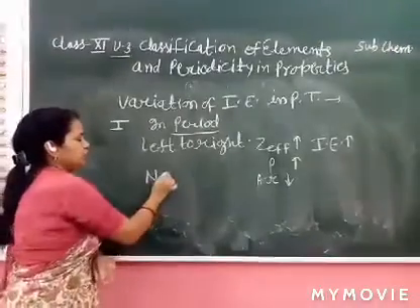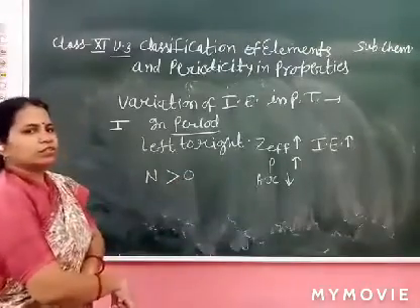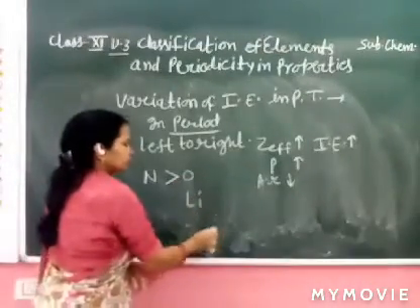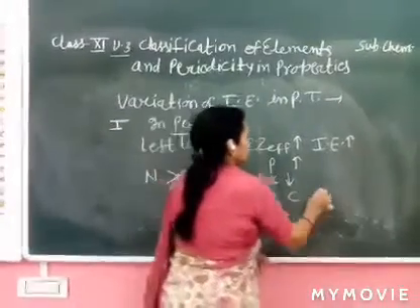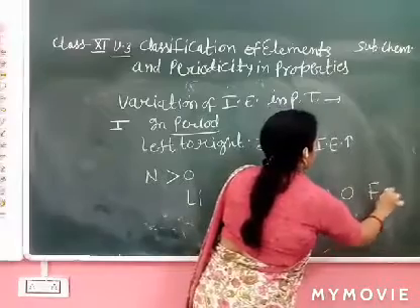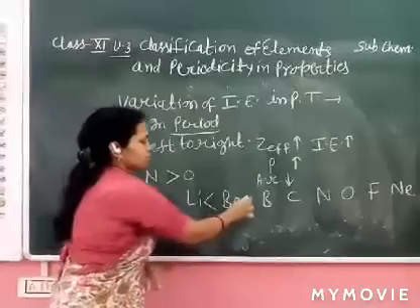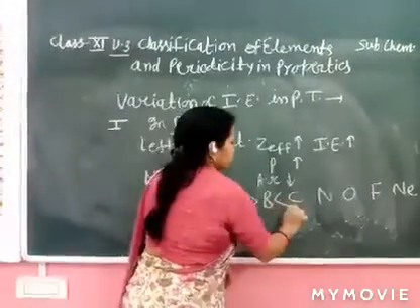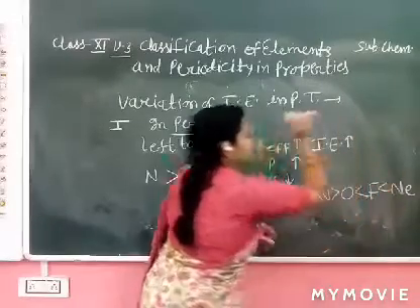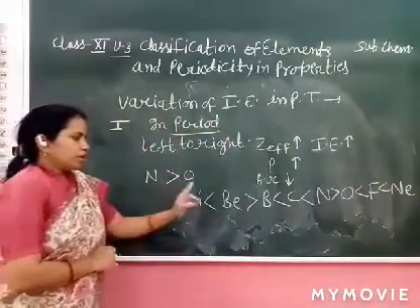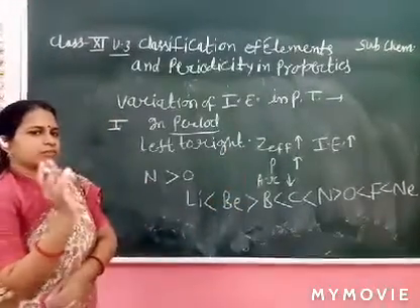Z effective increases, but the ionization enthalpy of nitrogen is greater than oxygen. What is the trend? Lithium, beryllium, boron, carbon, nitrogen, oxygen, fluorine, then neon. From left to right it increases, but there are also exceptions: increase, increase, exception, then again increase and increase. Let's see. The ionization enthalpy of beryllium is greater than boron. There is an exception, and this question arises.